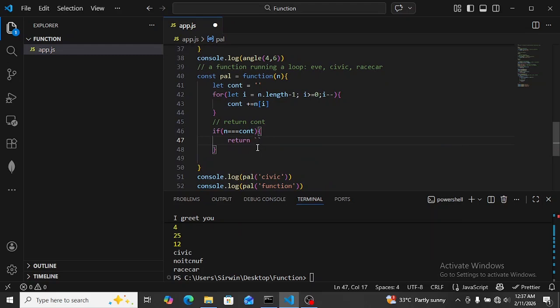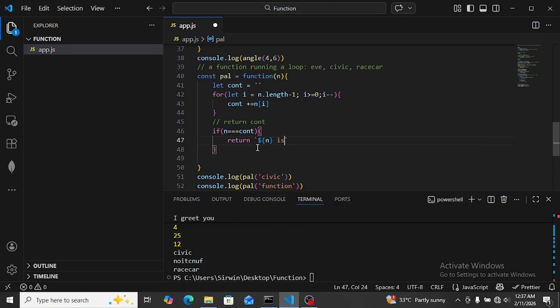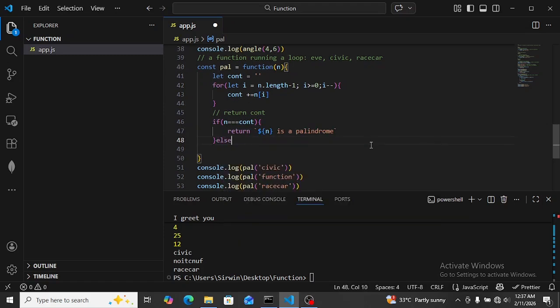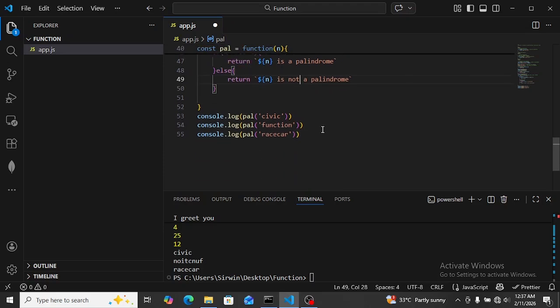Then I want to mention what the user is putting. So of course it's n, so this is a palindrome. Then when this is not the case, I have an else. I say this is not a palindrome. So let me comment this and this,